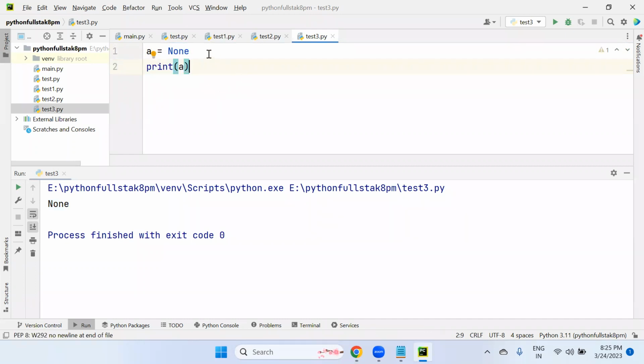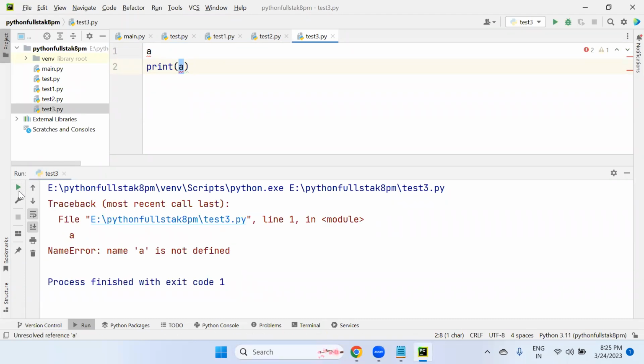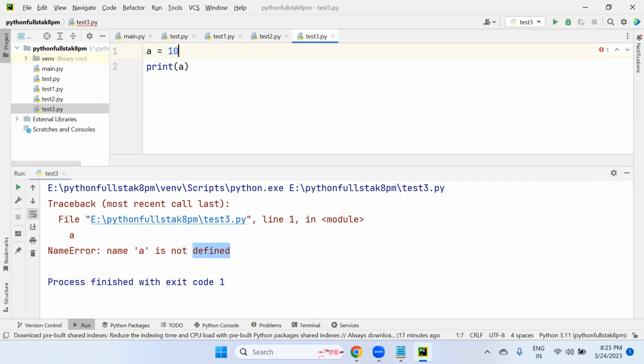But sir, does nothing is there mean we can just leave it out? This is not correct, because if I print a, it says a is undefined, name is not defined. So you must define it: if the value is not there, you can say None; if the value is there, you can store the value like this. So that's what NoneType is.